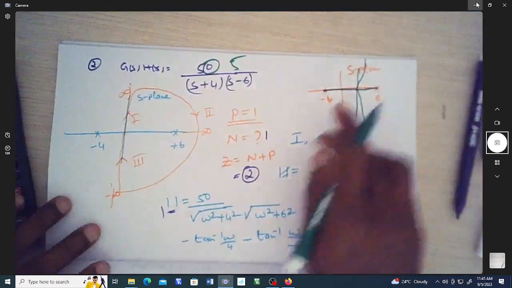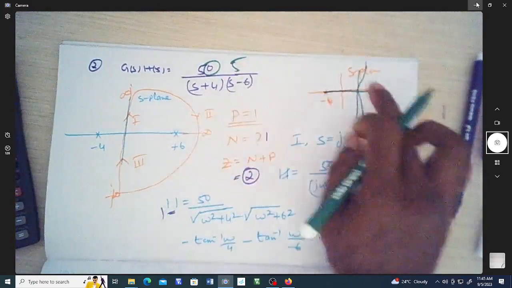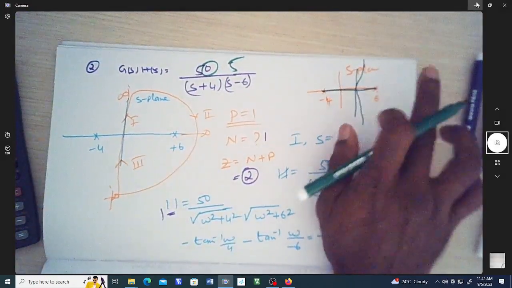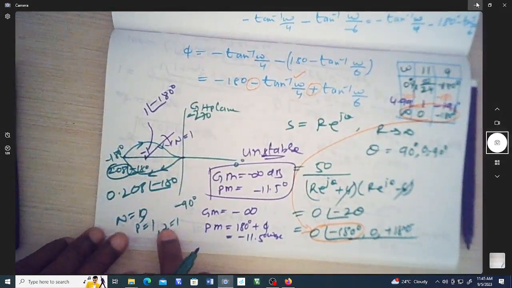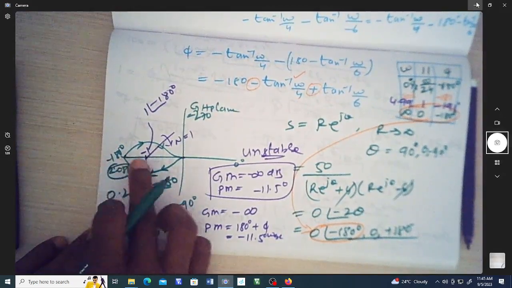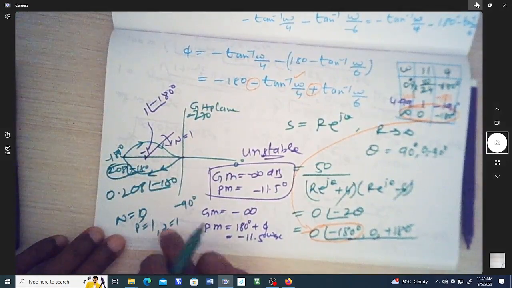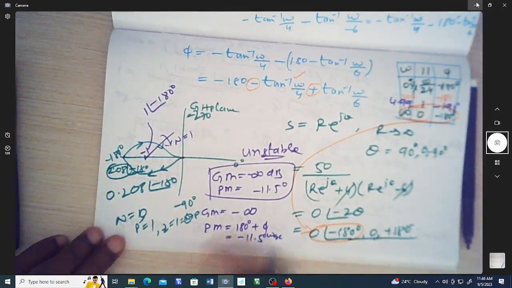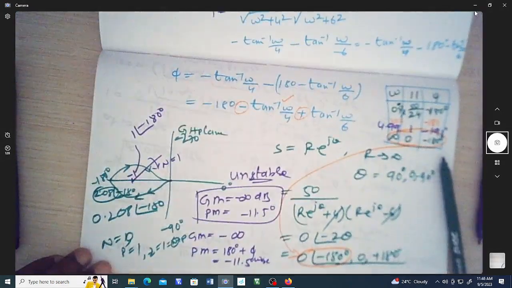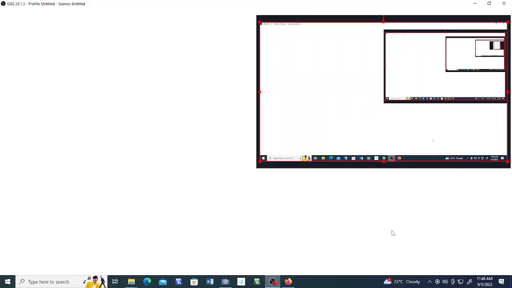As we predicted earlier, even for lower values of k, you have one closed-loop pole lying on the right-hand side of the plane, which is true here from this calculation. For even lesser values, even though it may not encircle, since p is 1, z will be n plus p. So even though n is 0, p is always 1, so z becomes 1. Okay, this is going to help you understand the concept. Let me do one more video in the next